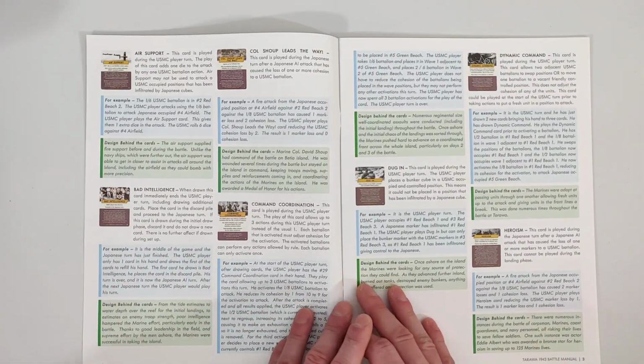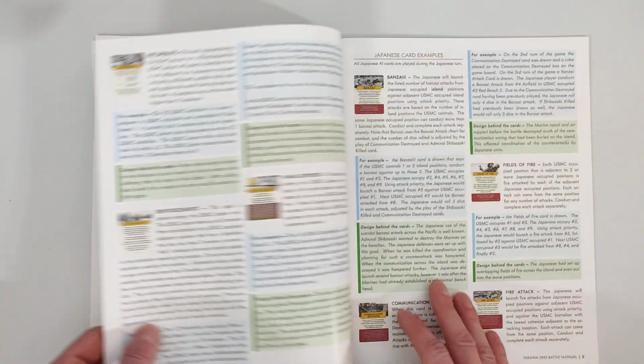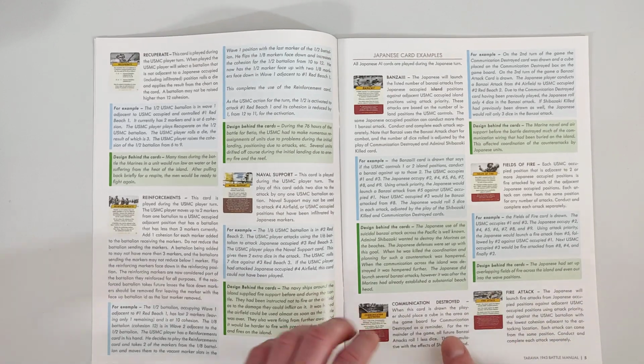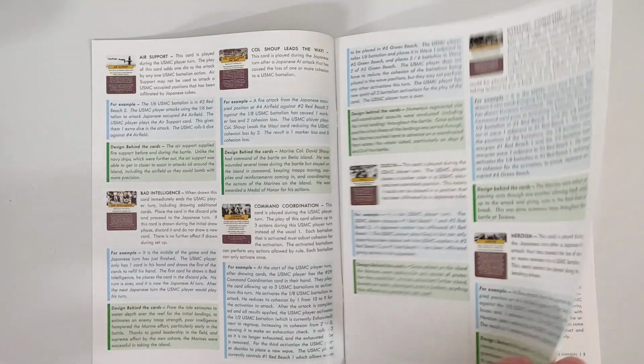Okay, so this is like the compendium. It goes on to describe the different cards. That's great. And I can see here also something really cool. For example, if we take a look at